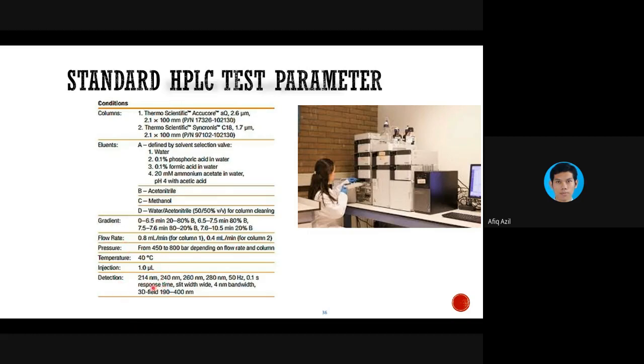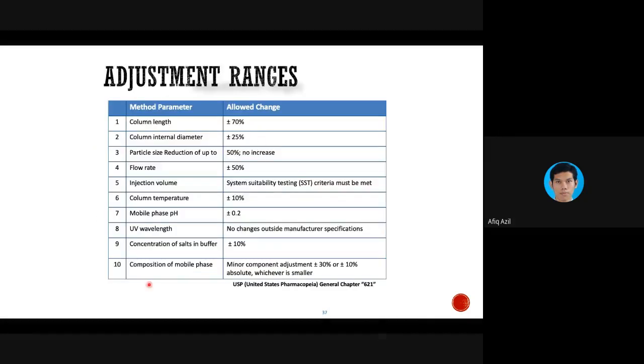And the detection wavelength. Normally they will have a UV detector as well, so it will include what wavelength for you to use to detect that particular active ingredient, for example. And these are the adjustment ranges, so how much you are allowed to change.